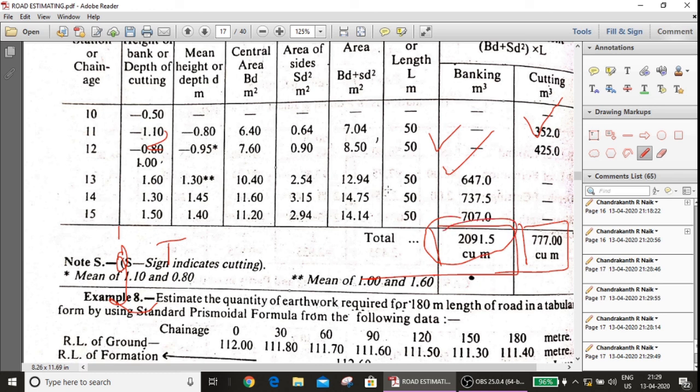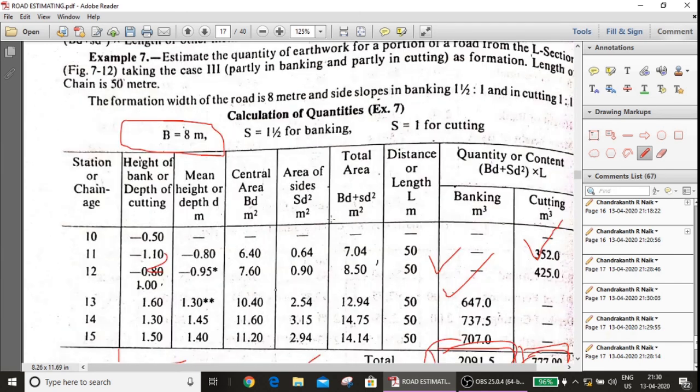Next item is earthwork in cutting, that quantity is 777.00 into the rate which they have given. Take the total, add both the totals in banking and cutting. To that total, add 5% contingencies, then we will get the grand total, and that would be the cost of earthwork